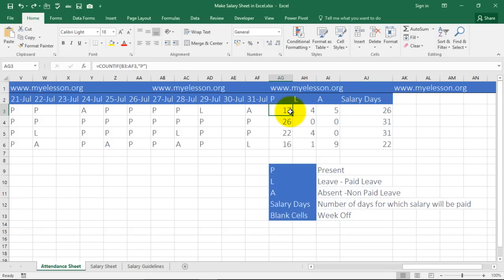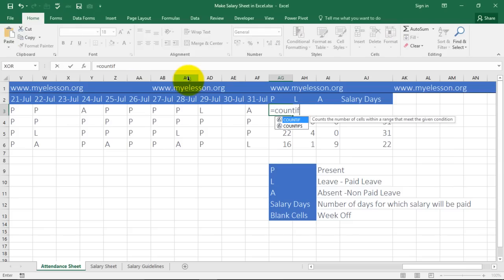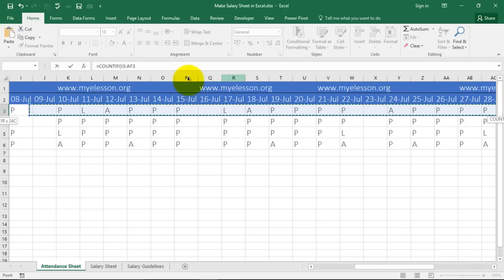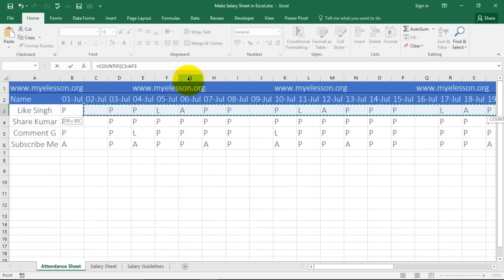So how have I calculated this? See over here, I have used the COUNTIF formula. It is equal to COUNTIF, open the bracket, select the range which you want to count, all right, and press comma and open the quote symbol, press P because we are counting P, correct?